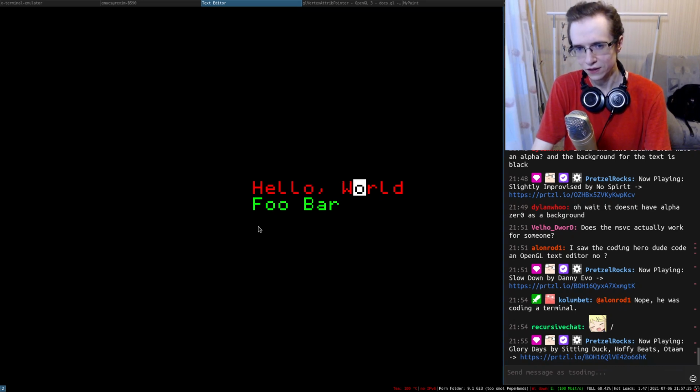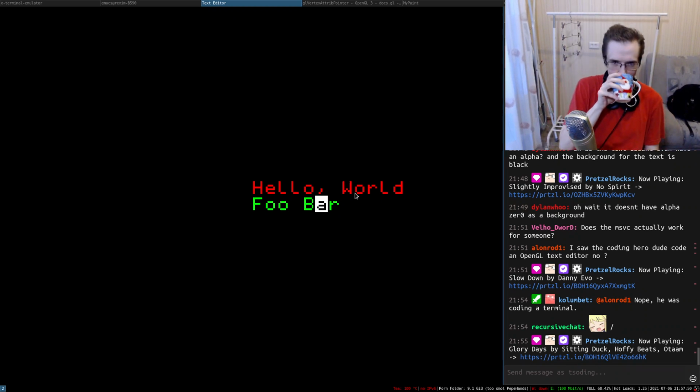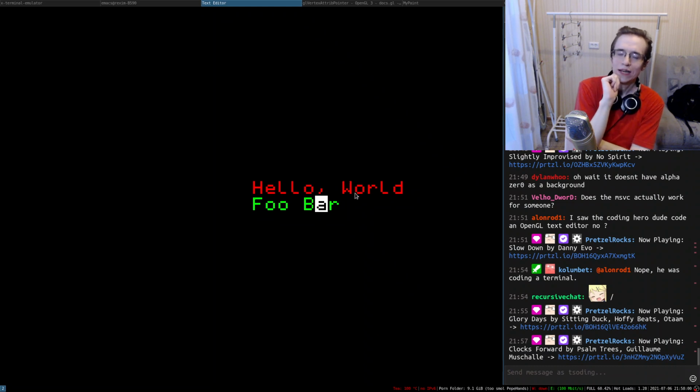So the interesting part is that if I go outside of any of these characters, right, the cursor becomes invisible. This is because the cursor is only rendered when you try to render the character. You see what I'm talking about? It's only rendered when you're trying to render the character. Otherwise, it's just never rendered. That is very interesting. So maybe because of that, the cursor has to be rendered as something else.